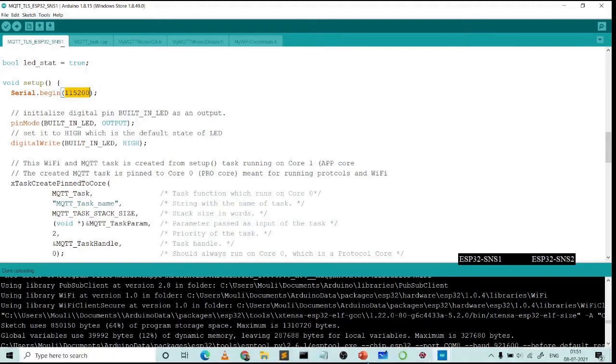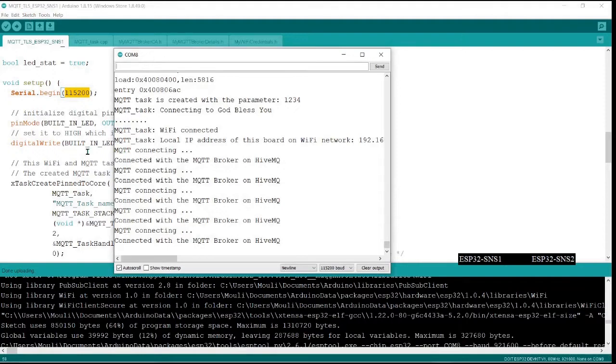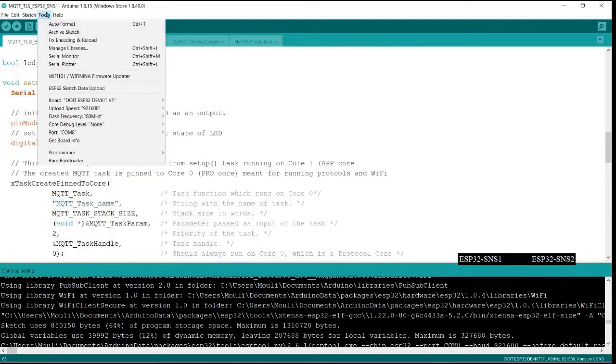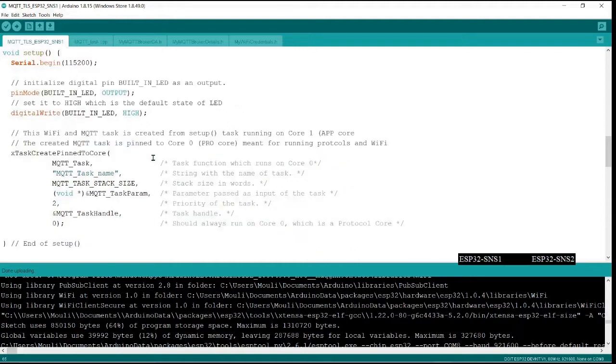Now one more thing I want to show you, that it is showing up COM8. How do you know that this particular instance is running on COM8? You can see that from this. So COM8 is chosen for this instance of the IDE. You can have multiple IDE instances which may be connected onto different COM ports, connecting to different boards. So right now I'm running 2 boards. One IDE instance is running on COM8, which is sensor 1. So sensor 1 is connected to this port, and that's what you are seeing here.